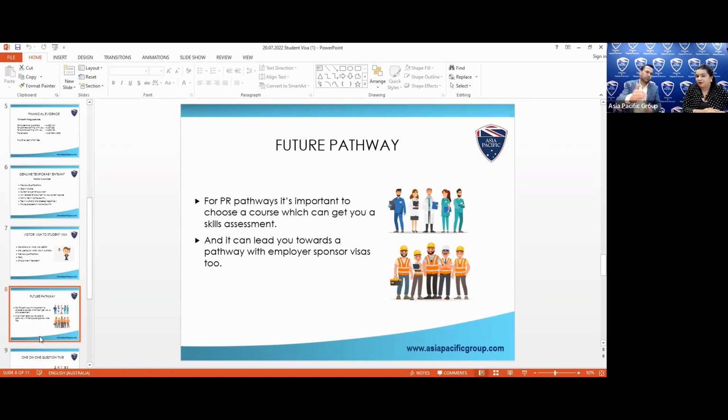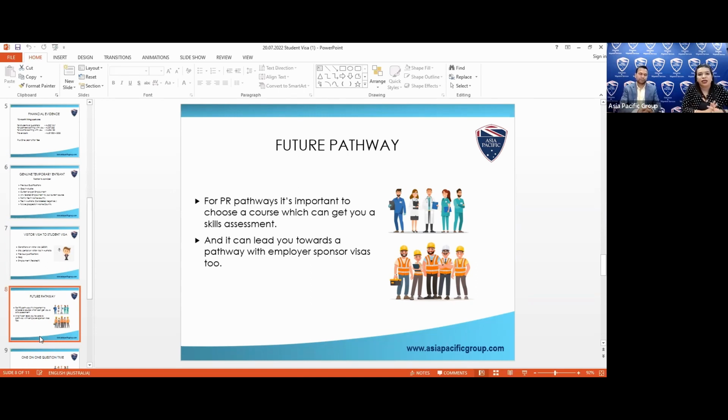Otherwise, after 2-3 years, you finish the course, you are still here, and you are now looking for another course. In this way, you will end up paying a lot more money, which you really don't need to pay. So always consult your agent about what the right course is, what the career outcomes are, from which awarding body you will get your skill assessment, and what the requirements for skill assessment are. Because we come across so many students who know that they will not get 7 each. There is no point picking a course in which at the end you need 7 each to get your skill assessment done. There are a lot of other pathways. So if you're talking upfront about your plan, then we can help you to execute that plan.